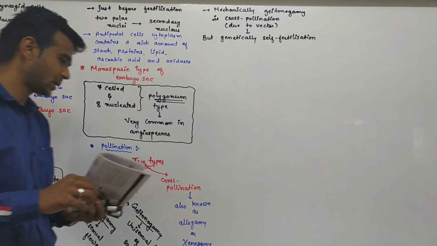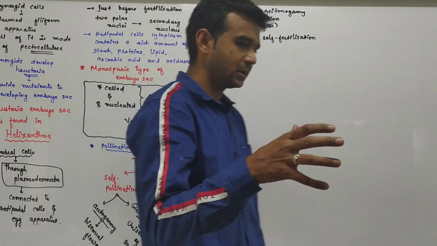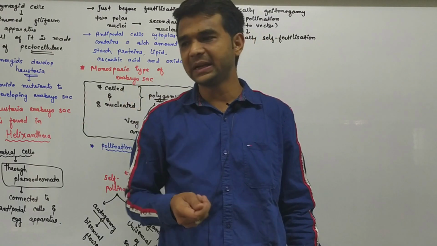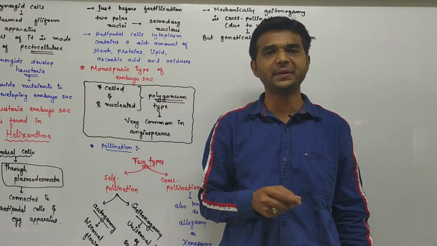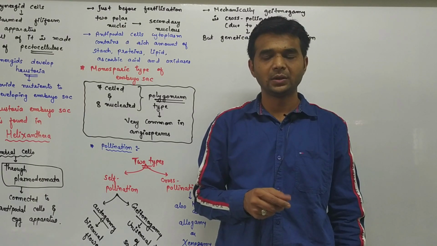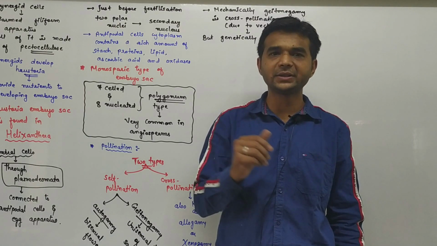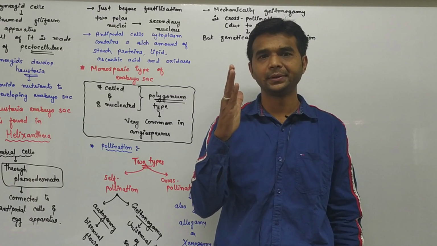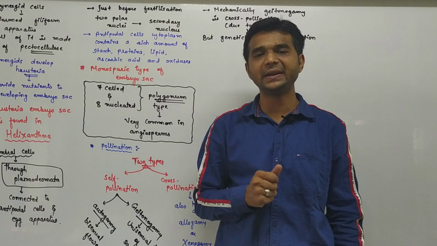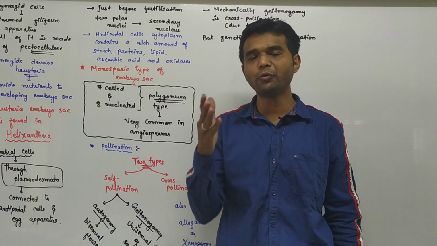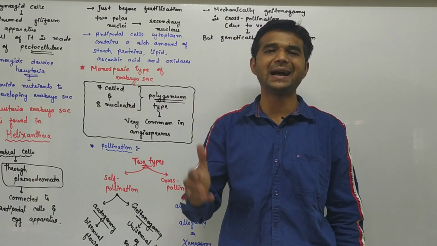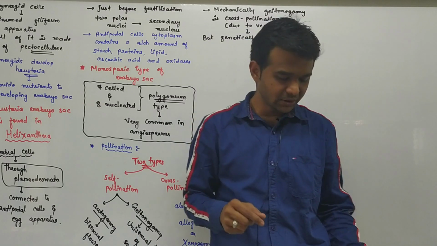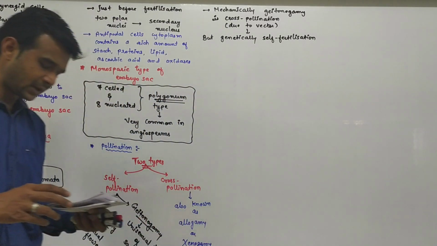Generally, it occurs in the same species of the plant, but sometimes it occurs in different species of the plant also. So, it is known as cross-pollination. And if the two plants are different, the cross-pollination showing plants are known as xenogamy plants. Okay, so for the two words are there.